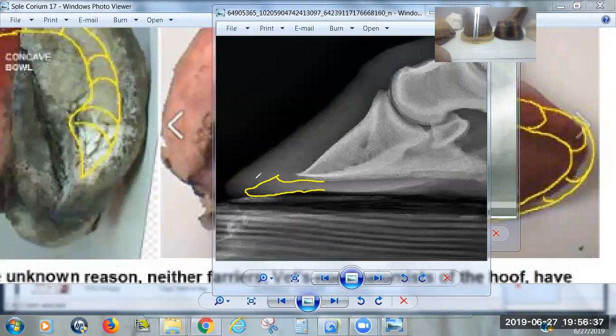Because if the toe is not brought back correctly, first of all, if you have a big chunk of sole right here, you have to take some of that out so that this wall can grow down. You see how the space is longer here than it is here? That's because you got stretching in the lamina here from the toe wall. And so what would have happened if we would have told you to bring the toe back correctly instead of the pillars,